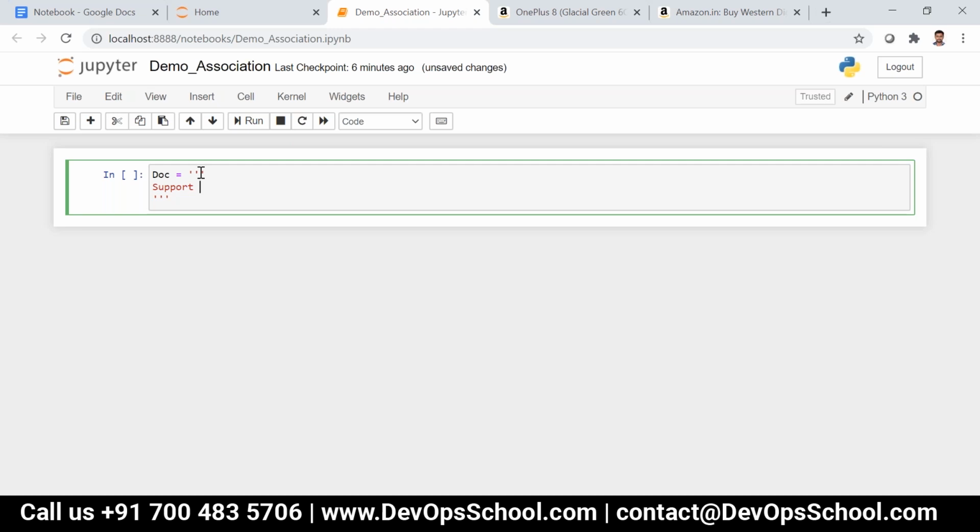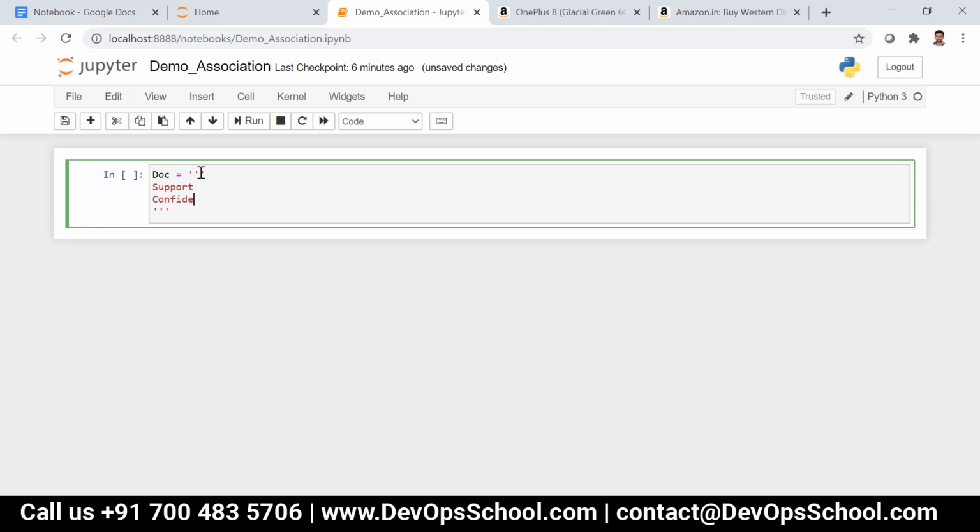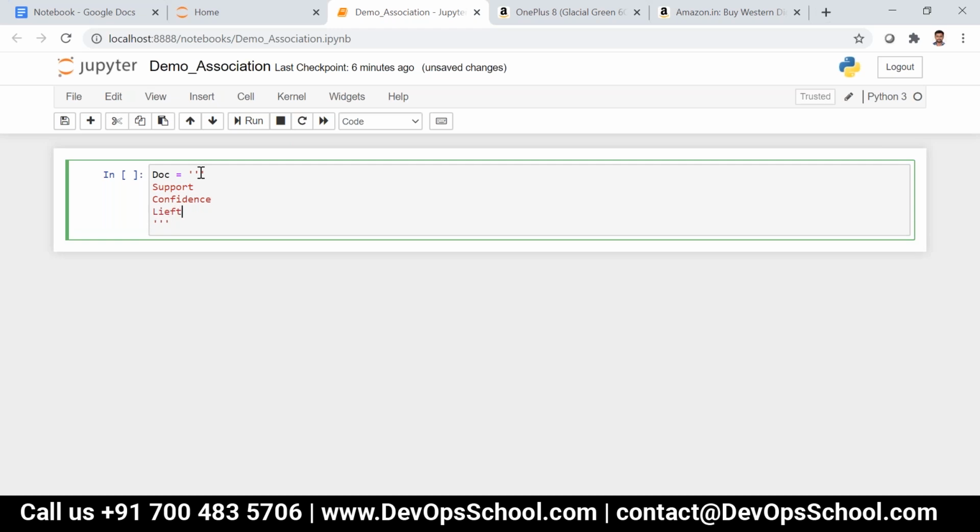Lift, sorry, not list, it's lift. These 3 are very important parameters. Based on these only, we will be retrieving the products, like we are retrieving some suggestions, based on these 3 parameters only.